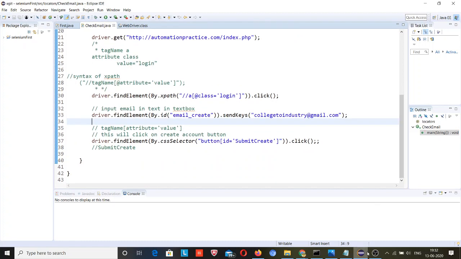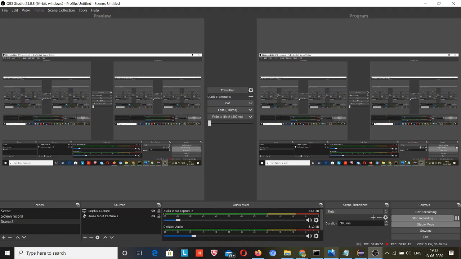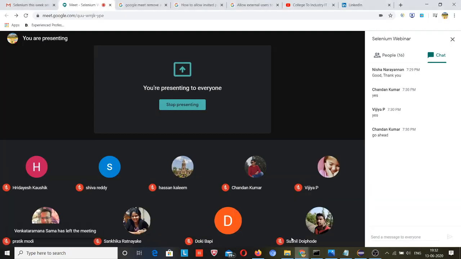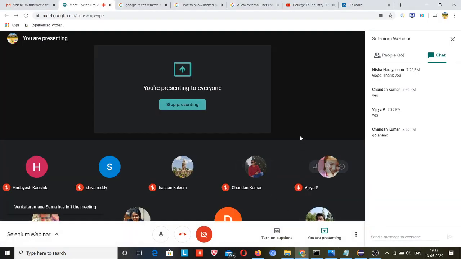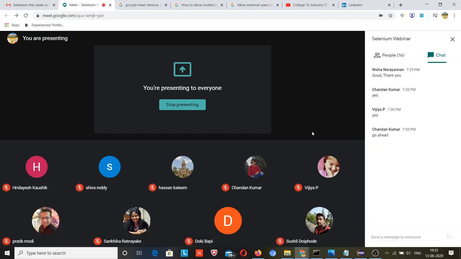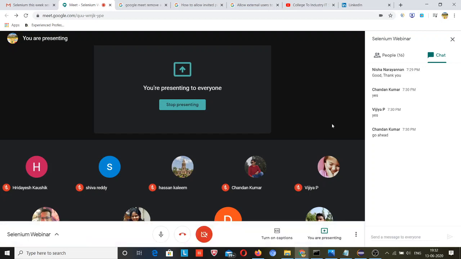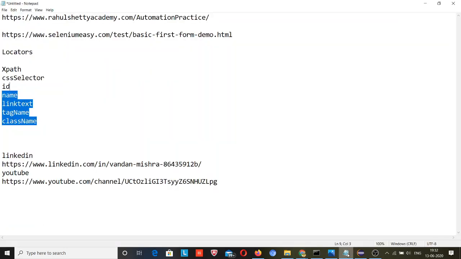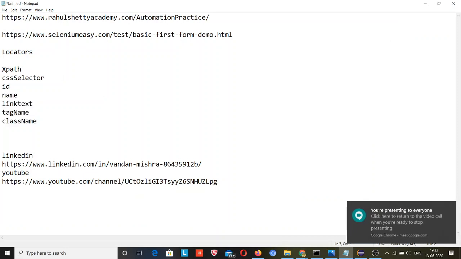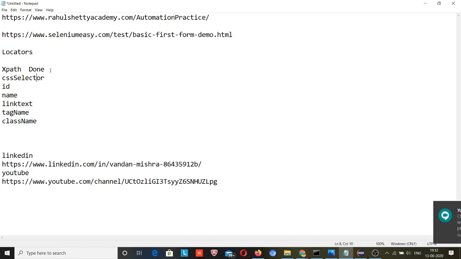I hope that you guys have gone through those locators and practiced them. Sumit has shared the assignment, and I hope you have practiced. So this locator I have already told. This is done.